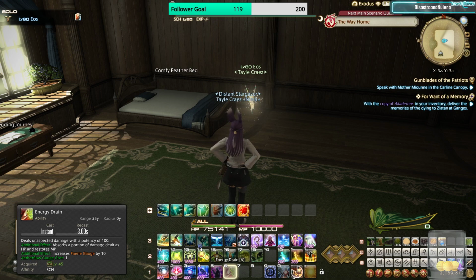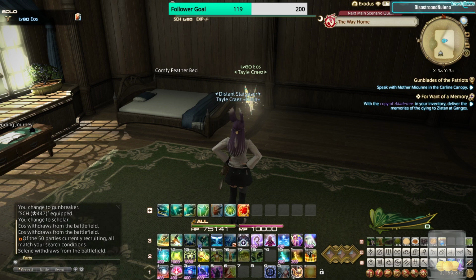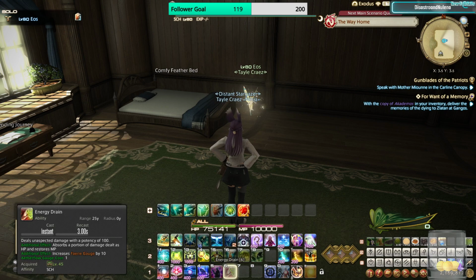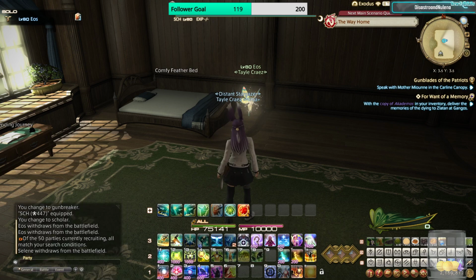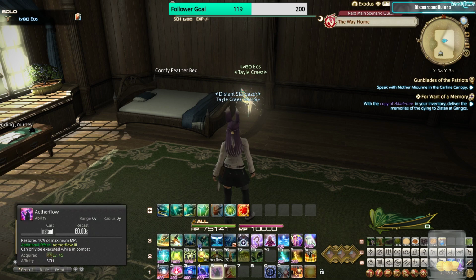So this feels like, I don't like it, honestly. It's like, yes, I understand the MP, but I can use Lucid Dreaming, and if I really need to, then yeah, I guess, but I have so many other abilities, like, I literally have 4 abilities right here that all need a single Aetherflow to cast. And Aetherflow has its own 60-second recast time, so